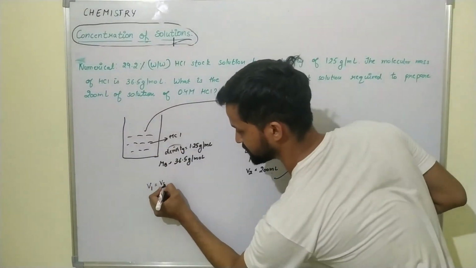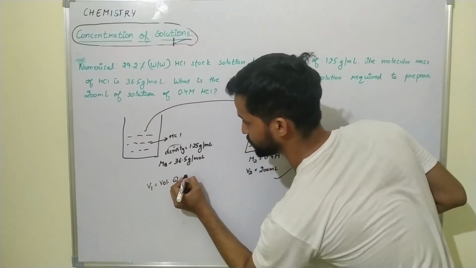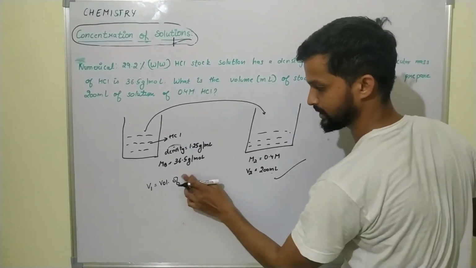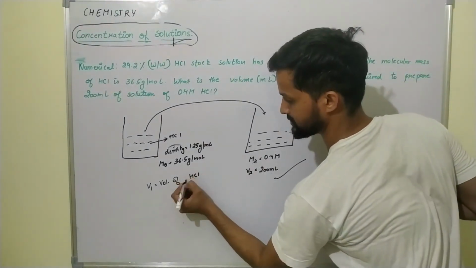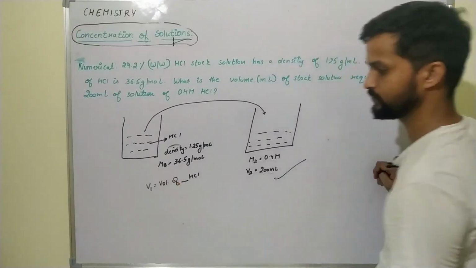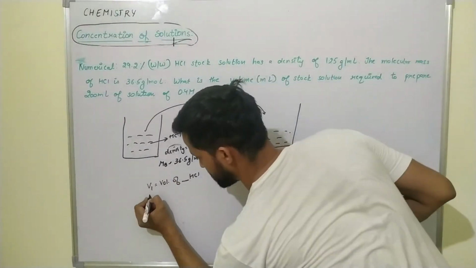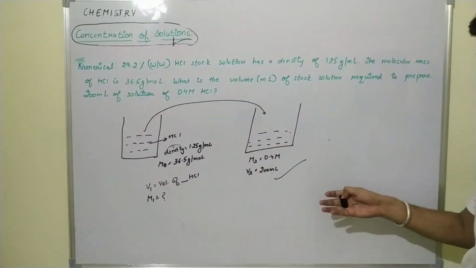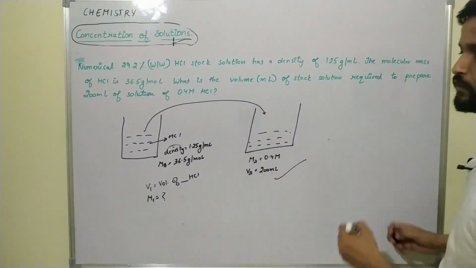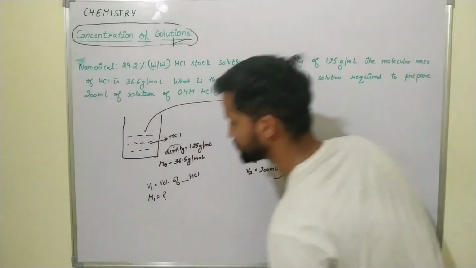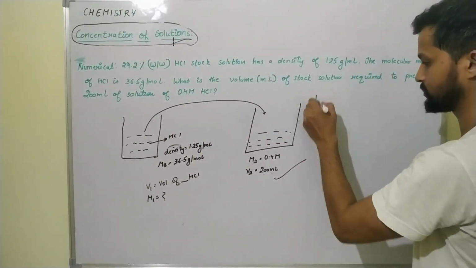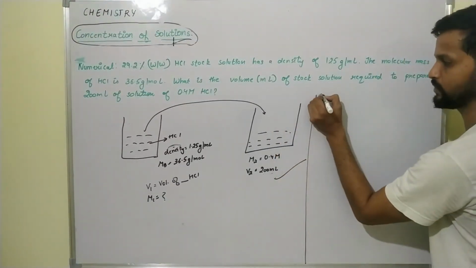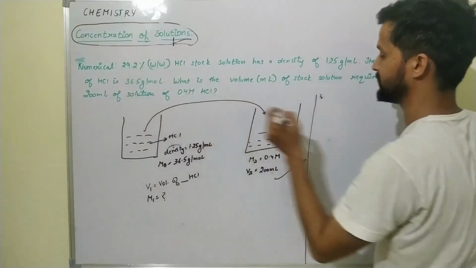So here V1 is the volume of HCl. Here we have to calculate the molarity. Clear? Here we have to first calculate the M1. So the molarity is calculated from the volume. So first of all we have to calculate the volume of the solution. So here I will write the solution. First of all, if there is a percentage,